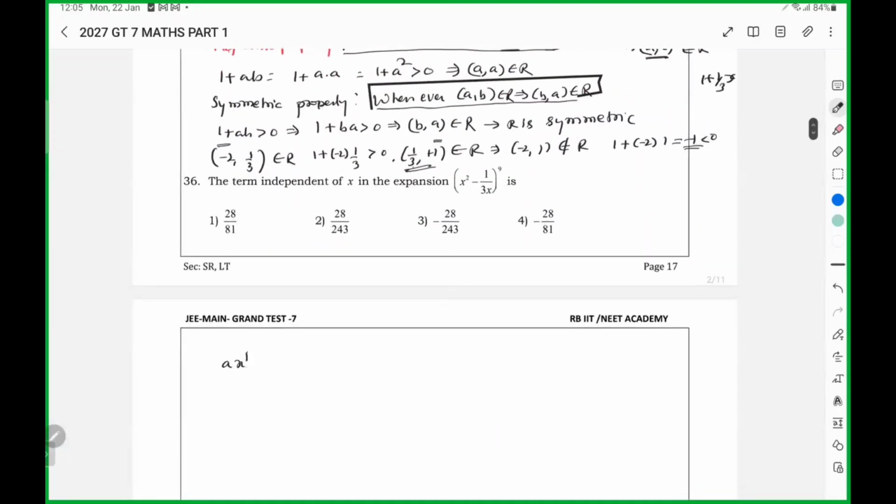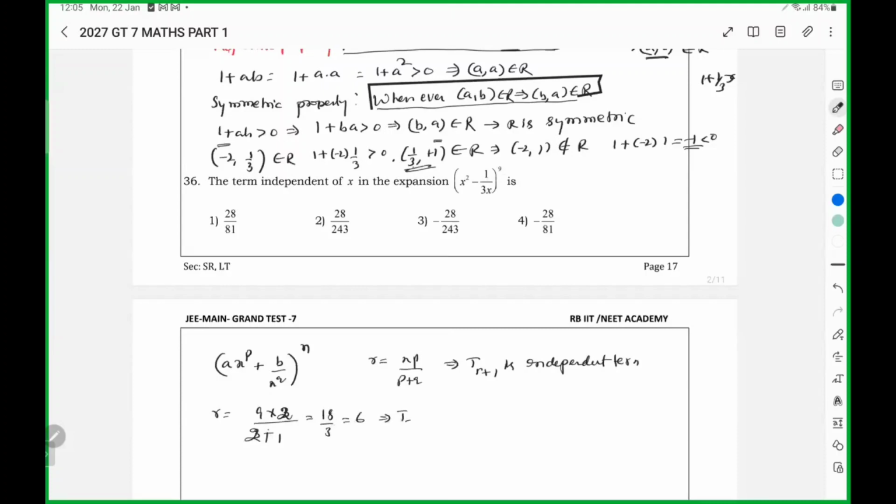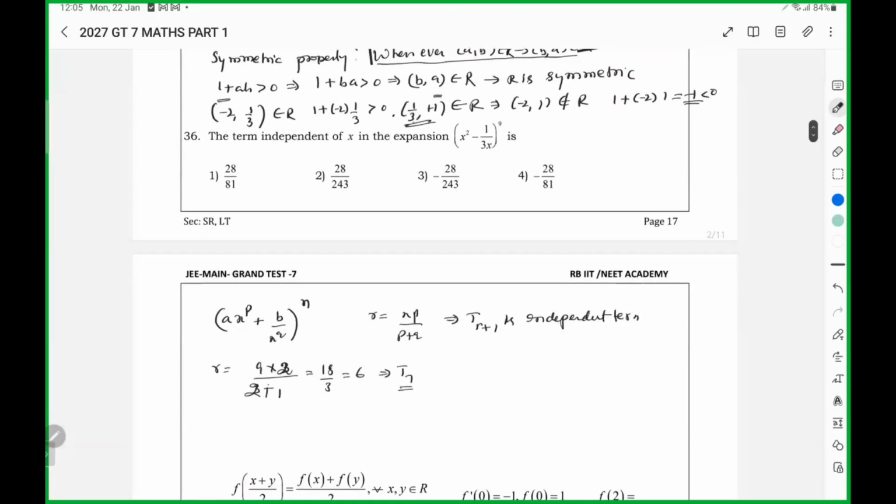For finding the independent term in this expansion, we have a certain formula. R is then T(R plus 1) is the middle term. Sorry, T(R plus 1) is the independent term. So here N is 9, P is 3, P plus Q is 3, 2 plus P is how much? 2. 18 by 3 is 6. T7 is independent. Value will be